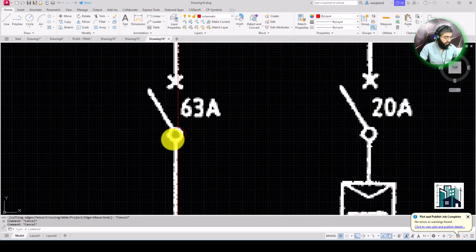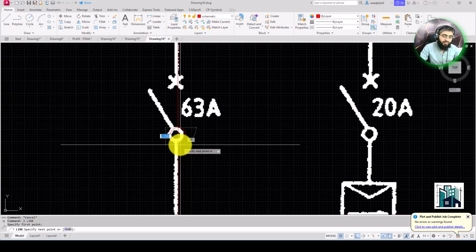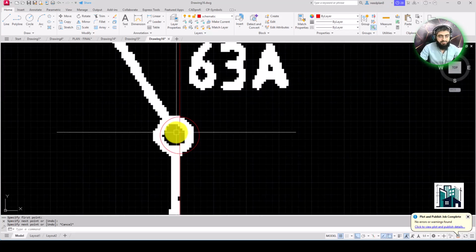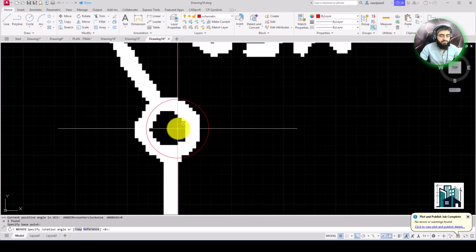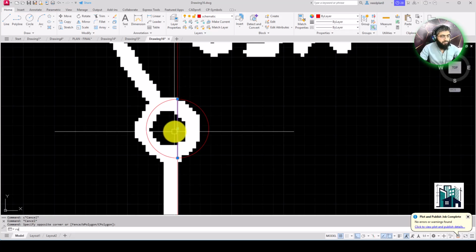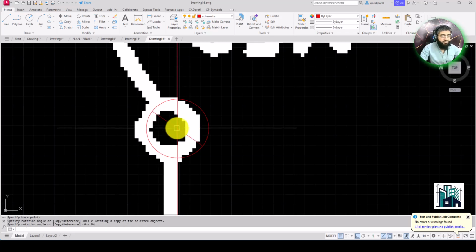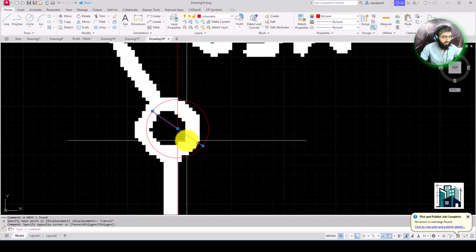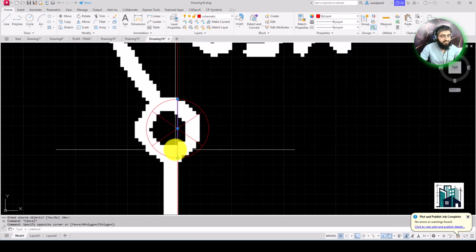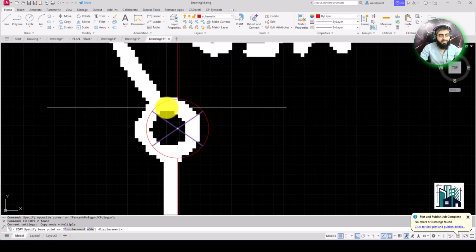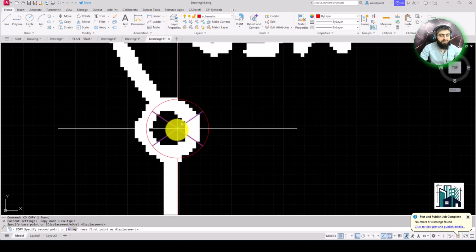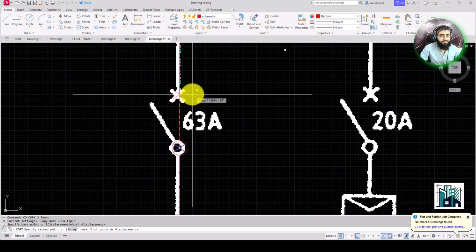Okay, so I'm going to create this cross line through this circle, 45 degree, and then here 45 degree. So this one is a circle and then this one is a cross here.